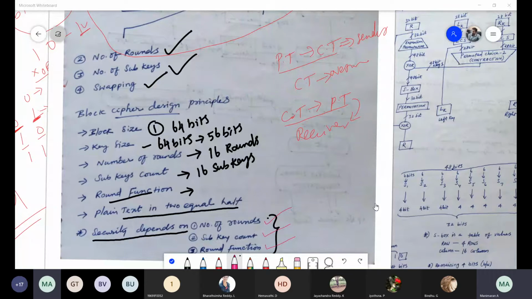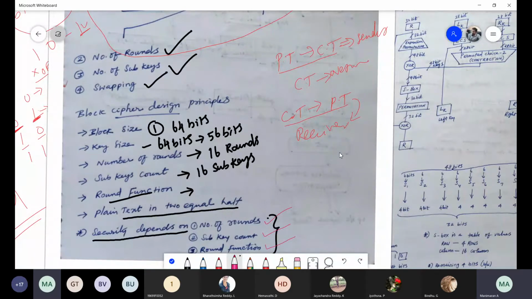Listen carefully. I will complete this in only 40 minutes, but I will give detailed information on how the small things are implemented in the DES algorithm. I am explaining everything slowly. At any point, if you are unable to catch something, please interrupt immediately.